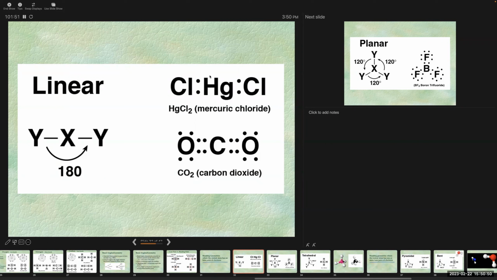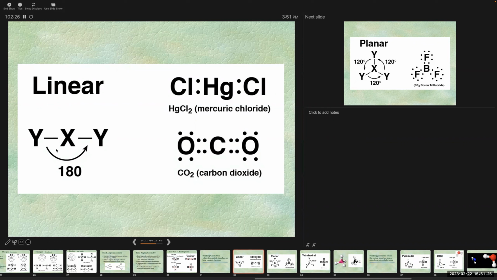But remember what I said before, that all of the electrons are still going to try to push one another apart. So this bonding pair on the left, between the mercury and the chlorine on the left, is pushing against the bonding pair on the right, between the mercury and the chlorine on the right. Those bonding pairs are trying to get as far away from one another as they possibly can. And the best way to do that is to go on opposite sides of the central atom. So you could represent it by this